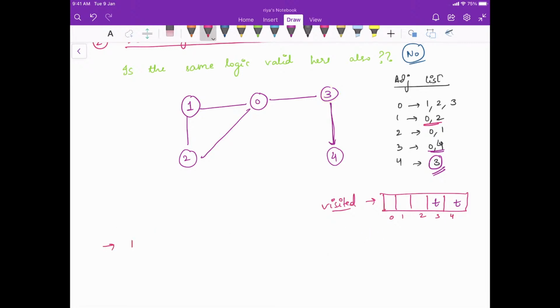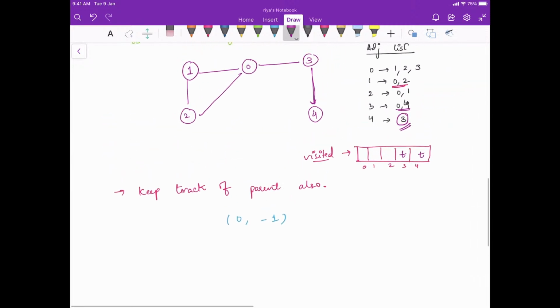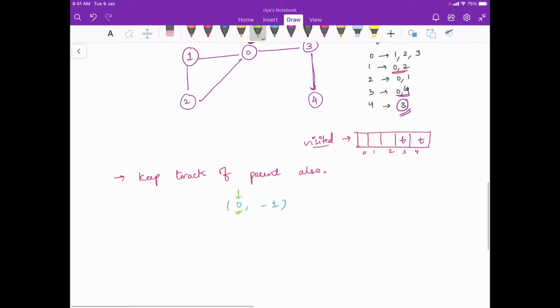Here we keep track of parent also, right? So what exactly happened at this particular point will be that, let's say first, this is the node I am starting the traversal from, right? This is the node I start the traversal from, so 0, right? And this is the parent. So a pair I have made is node and its parent value. So currently for 0, if I am starting the traversal from here, there will be no parent node, right? So simply the parent value will be